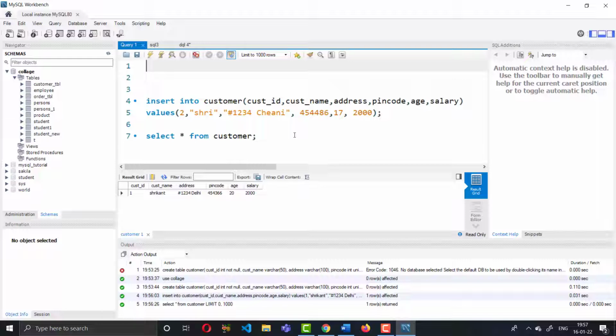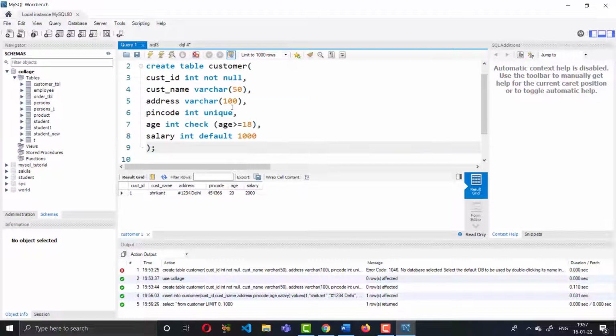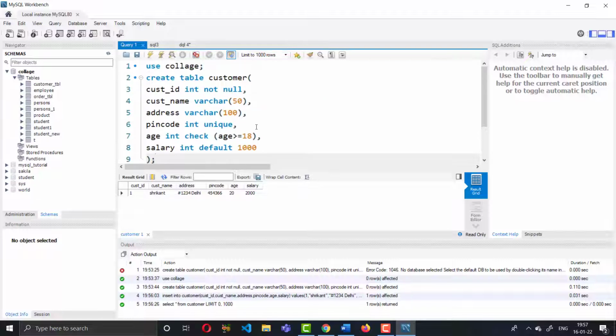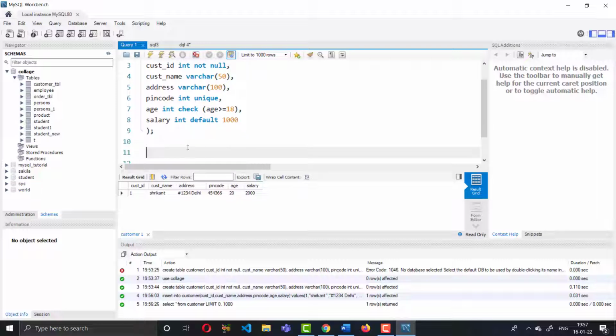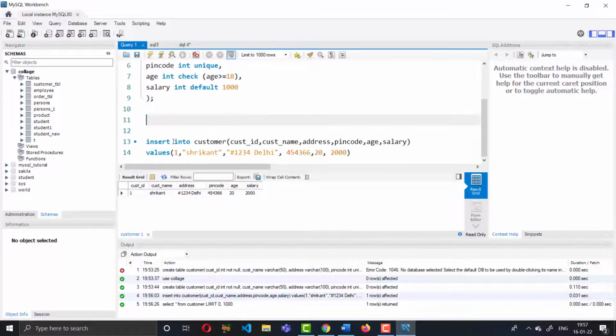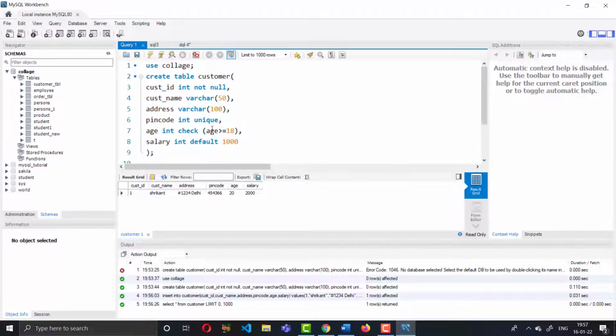Now we have set a threshold: the age should be greater than 18.